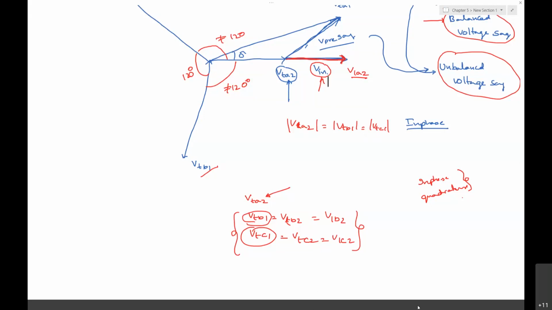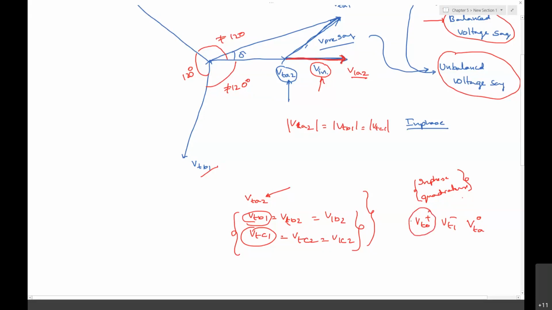Because of that, they tried to take these voltages, the during-fault voltages at the terminal point, and resolve them into the VT positive sequence, the VT negative sequence, and the VT zero sequence. They impose this in-phase compensation, and the quadrature compensation is with respect to the zero sequence component voltage.